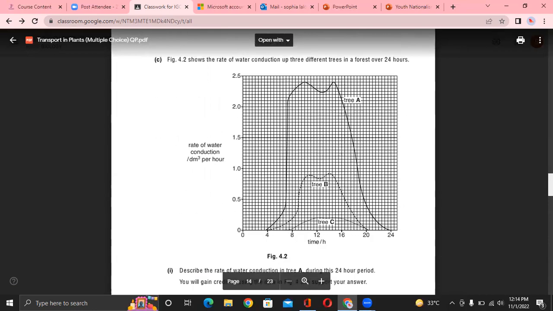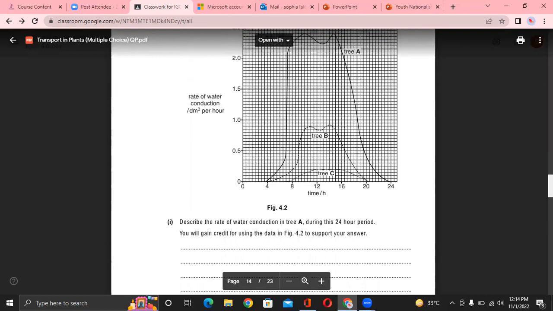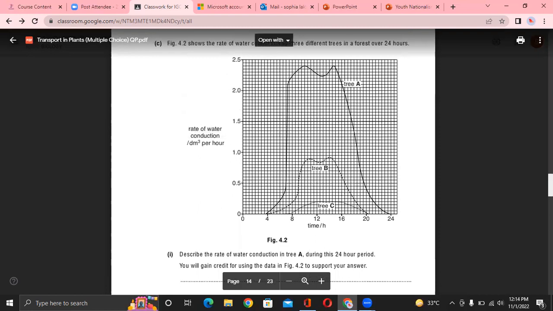Yes, you want to say something? No. I'm on part C1, right? Yes. It says, describe the rate of water conduction in tree A. So I said, in tree A, the water conduction rate is fairly slow initially, right after the fourth hour. However, it drastically increases between the seventh hour and the eighth hour from 0.5 dm